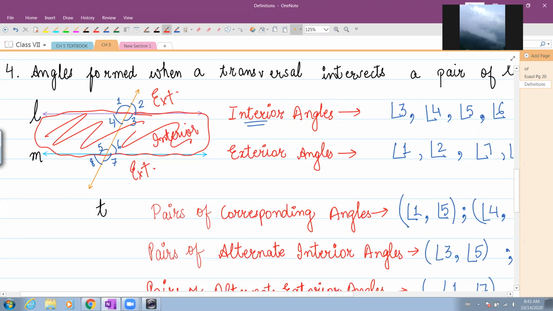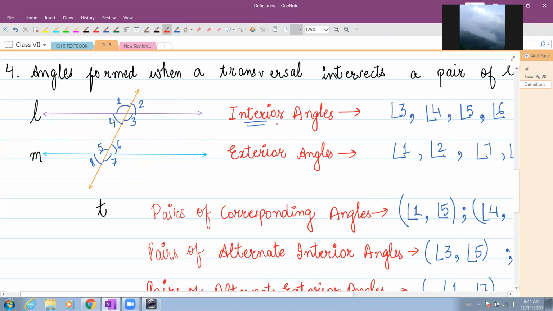You need to look at the diagram so that you can identify. Madam, angles 1 and 7 and angle 2 and 8. That's right. These are the exterior angles. The interior angles are angle 3, 4, 5, and 6. Once you have identified your interior and exterior angles, let us move further and talk about the pairs of angles